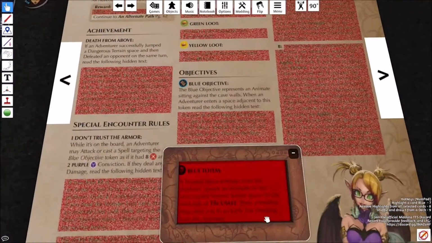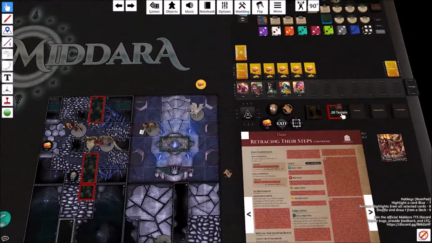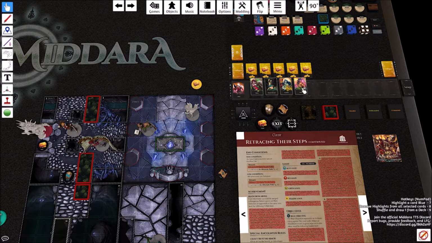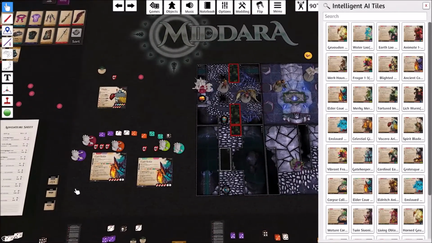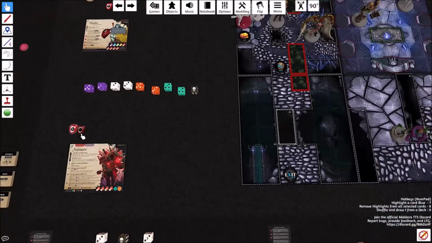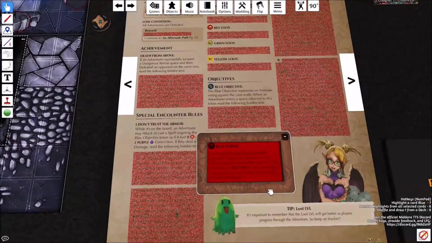So blue totem. A hooded figure emerges from the shadows. Spawn an animate on any unoccupied normal terrain space on the west side of UM42, which is going to be right here. So let's go ahead and grab that. Let's grab the animate. Of course, he's going to spawn. Go ahead, just move that out of the way. Go ahead and borrow one of these that I didn't actually update because I didn't need to. Alright, and then we need to grab an animate. Okay. Alright, and then